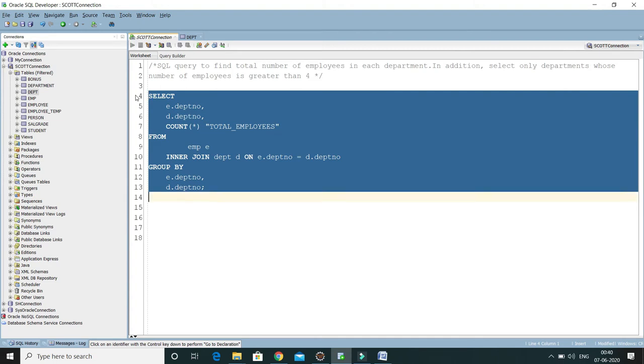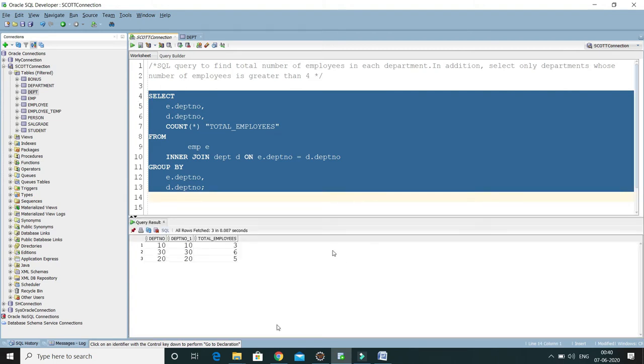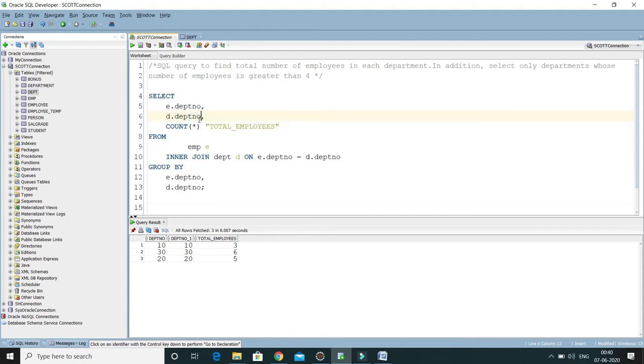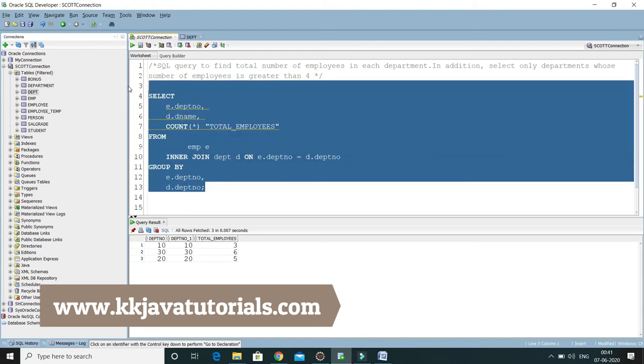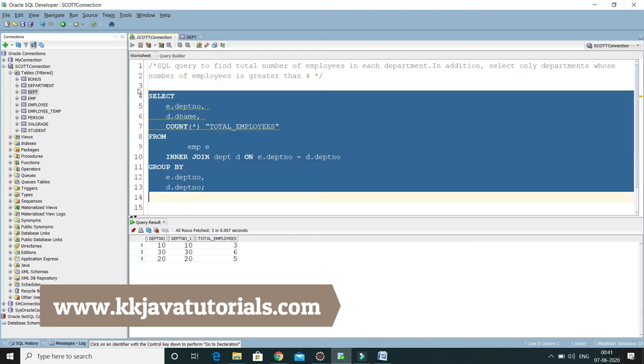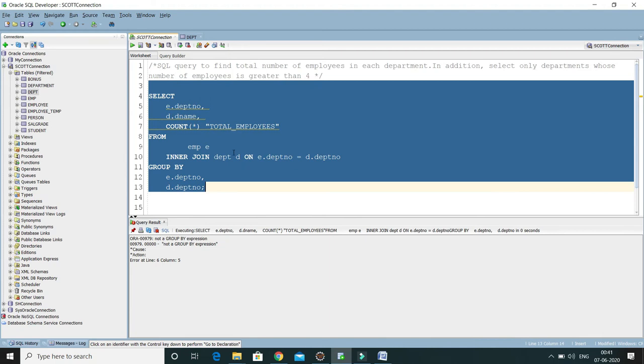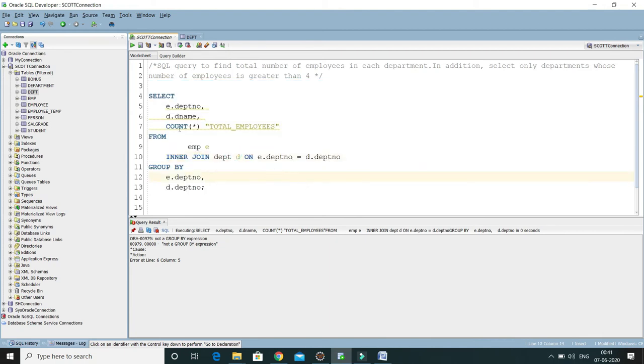If I run this query, sorry, I was supposed to select D name; I had selected department number twice. So I would say D name. Now if I run this query, it says there is some problem at line number 6, where I have given D dot D name.